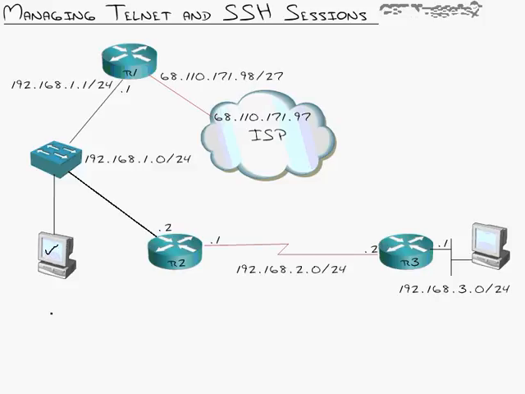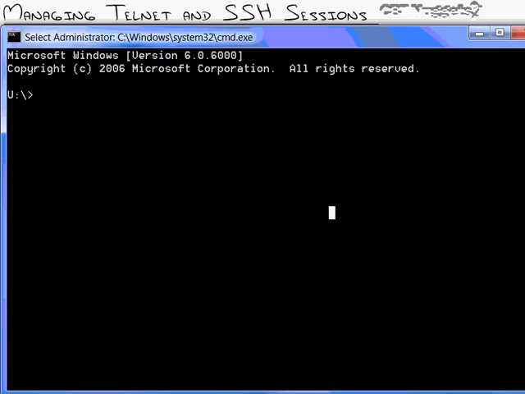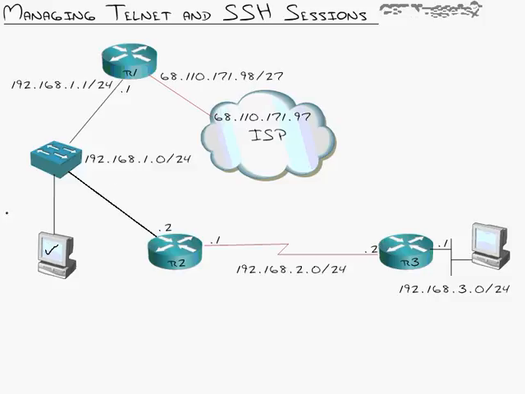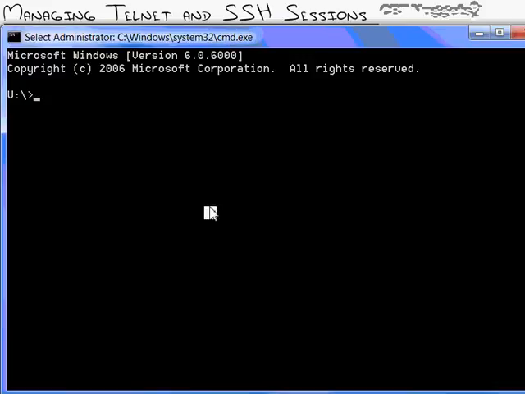So what I'm planning on doing is opening up a telnet session over here to router 2. I'm just going to use a normal command line prompt to do this. I'll do telnet. Well, actually, you know what? Before I do that, I'm going to ping router 2 to make sure that it's online and reachable. Because if you telnet to something that's not there, the command prompt or even the Cisco router will hang there for 30 seconds or so, waiting for the telnet session to time out. It just takes a while. So it's more beneficial to just do a ping